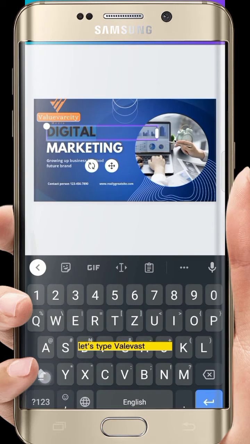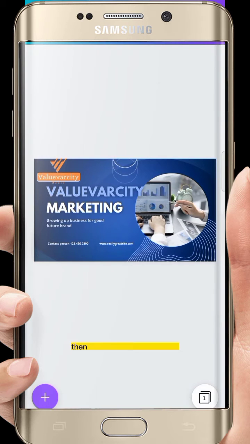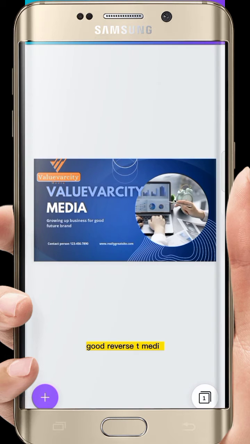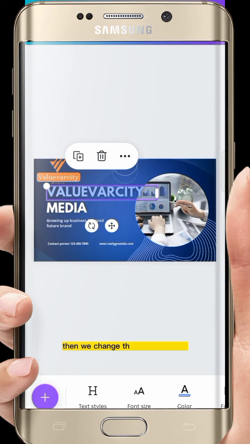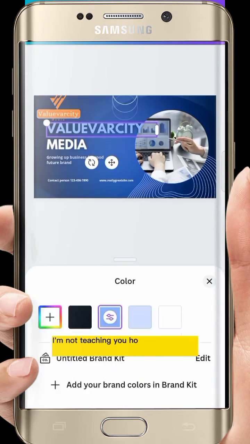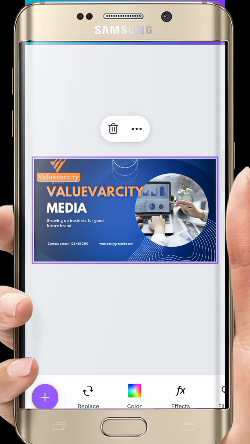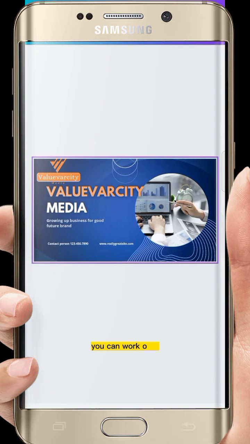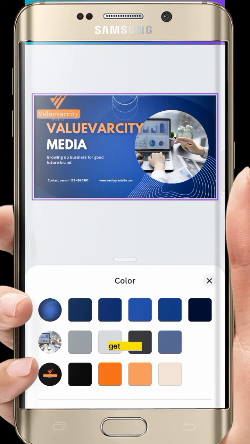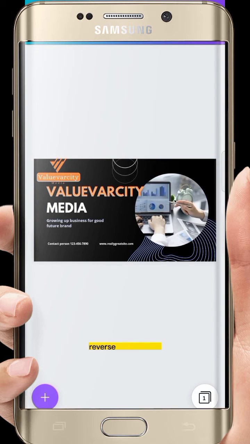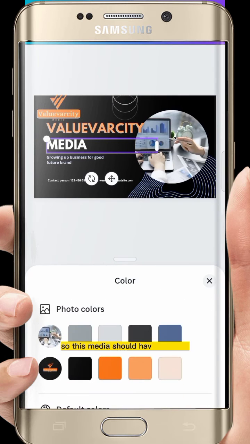So let's type Valuversity Media. Okay? Then this one, Valuversity Media. Good. Valuversity Media. Then change the color, because I'm not teaching you how to do Canva design here. Valuversity Media. This particular background color, you can work on it, and then make it black so that other colors can show very, very well. Valuversity Media. Okay, so this media should have your